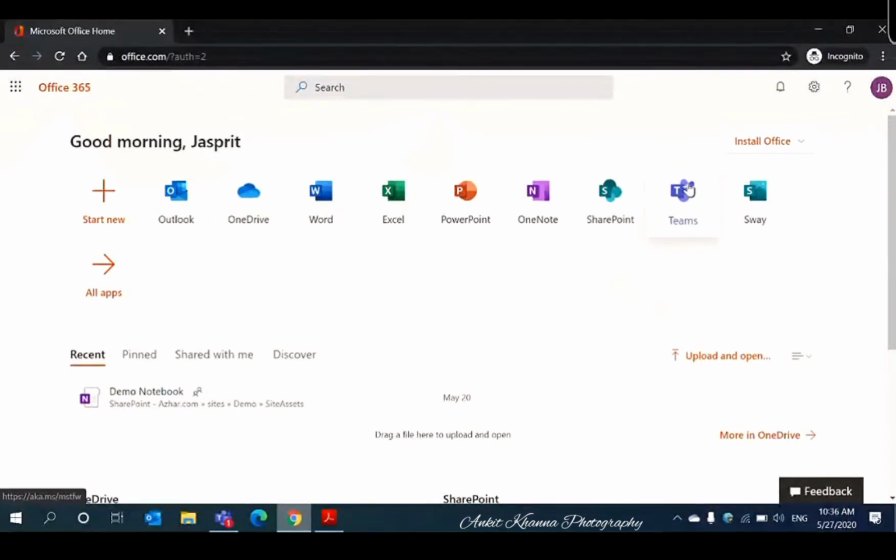If the parent or student has a mobile phone, then definitely after first login, when you click on the Microsoft Teams icon, it is going to ask you to download the Teams application on your mobile phone, because that is a better option. It gives you a better user interface and all the functionality you require to connect to your teacher and your classrooms. So when I click on Microsoft Teams, it opens inside the same browser in another tab.